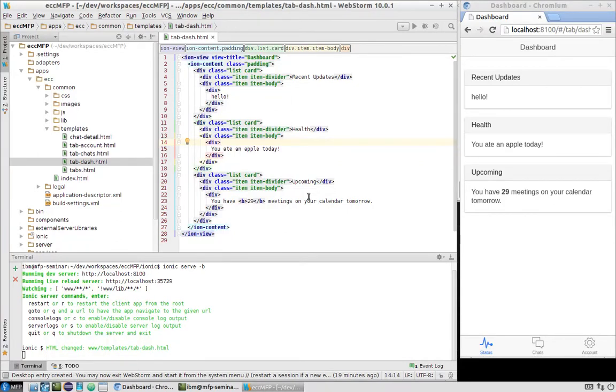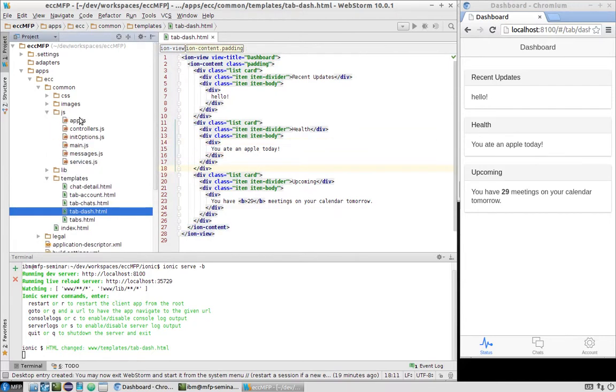Lab number 210. In this lab, we will continue on development of our electricity consumption checker application. And right now, we will try to actually move this project to Android emulator. So we'll try to build and deploy to MobileFirst Platform server and then pack the APK file and move it to emulator. So right now, let's start with the same modifications we did previously in our previous series of labs